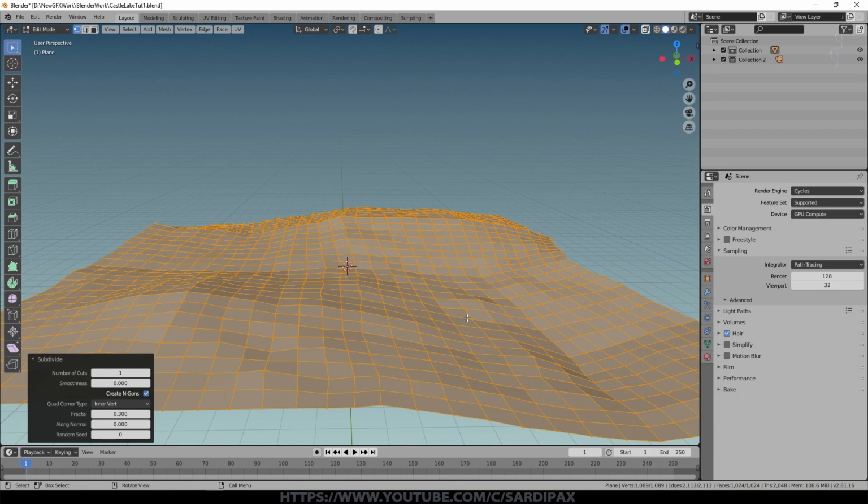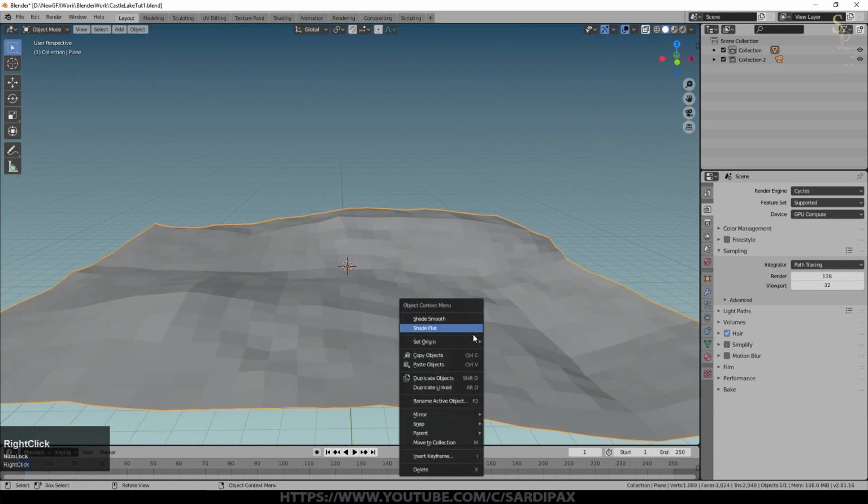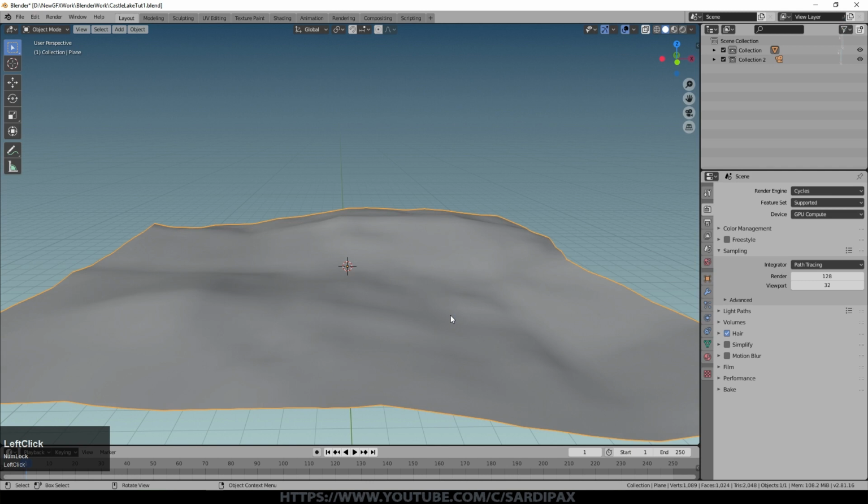I could just leave that as it is, right click it and set that to shade smooth, but it's useful to have quite a bit of geometry. So what I ended up doing, in fact, was applying a subdivision surface to it and applying that subdivision surface, which means I added quite a lot of geometry. It wasn't a problem, this is a still scene. If you're doing an animation, you'd probably want to keep all of the geometry to the minimum.